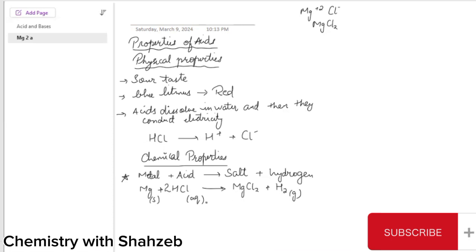Okay, so let's move towards the next important thing. There are certain metals which are not reactive with acids. In order to see that, first of all, let's discuss the reactivity series, which states that